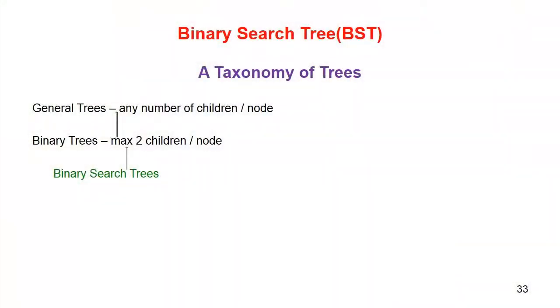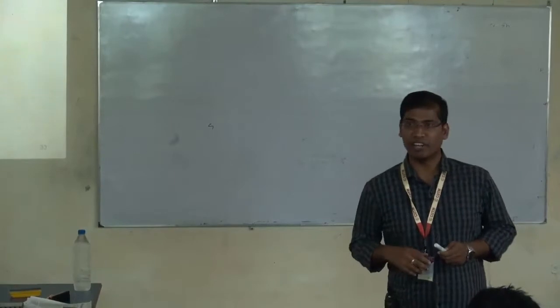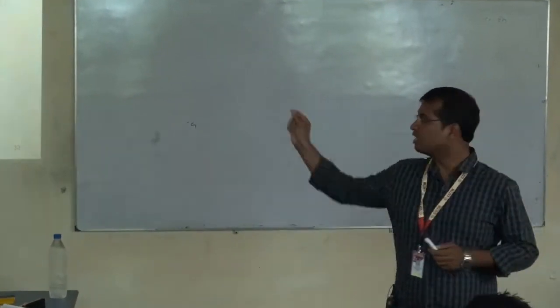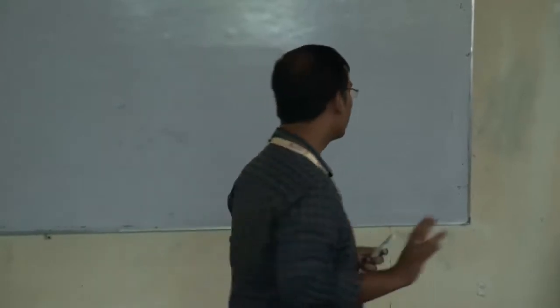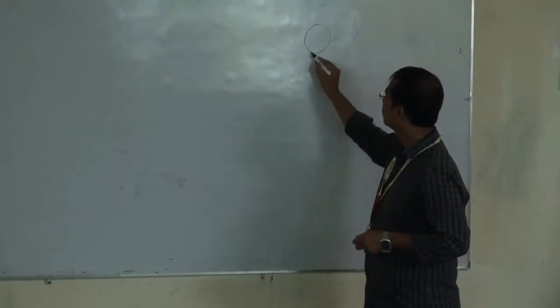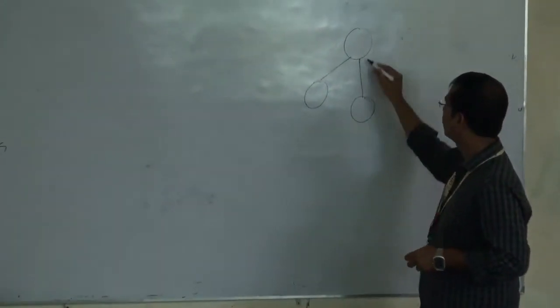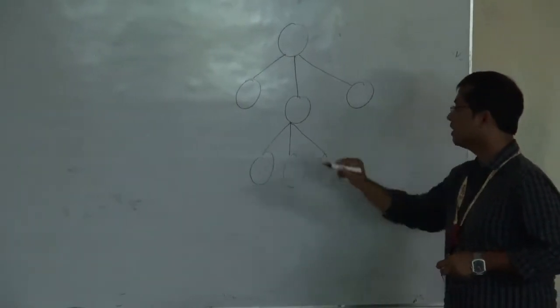So, taxonomy of tree. Here see, there is an arrow from binary search tree to binary tree. There is an arrow from binary tree to general tree. So what is the meaning? You know general tree? What is general tree? In short, it is written there. Any node can have any number of children. There is no restriction. So here I will do, just see, you can take this tree diagram.